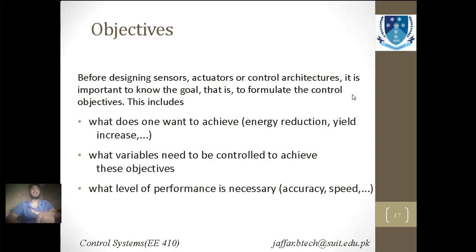Now there are two concepts over here, and I will tell you that I believe in the second one. The first is that you have to achieve both the primary and secondary objectives. If there is one primary and two secondary, you have to achieve all three. The other concept is that if you have one primary and two secondaries, the primary has to be achieved, and the other two are not necessary.